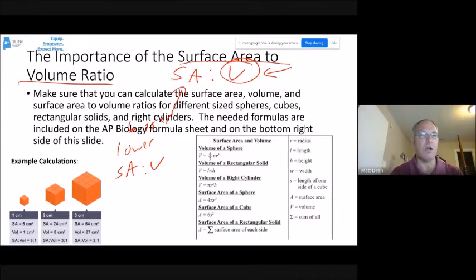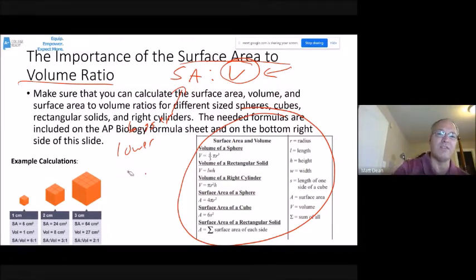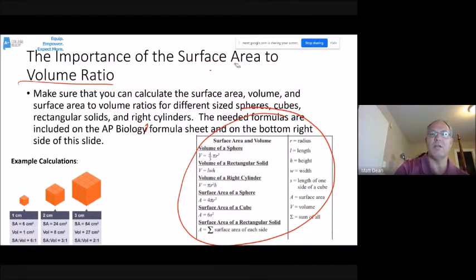And that's why almost all cells are tiny, tiny things. And even big organisms are made of just lots and lots of tiny cells. On your AP Biology formula sheet, there's a pretty comprehensive list of formulas for calculating surface areas and volumes of different shapes. I wouldn't be surprised for them to ask you on the AP exam to calculate the surface area of a cell, calculate the volume of a cell, and then calculate the surface area to volume ratio